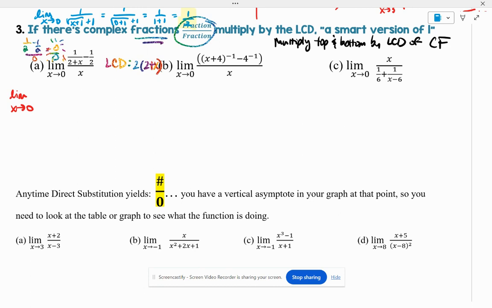If I wanted to find a common denominator between these two guys, I would multiply this guy by 2. And then I would multiply this guy by 2 plus x. Right? So then I would get 2 minus 2 plus x over 2 times 2 plus x. Okay, got it. Thank you. Yep. So then now,